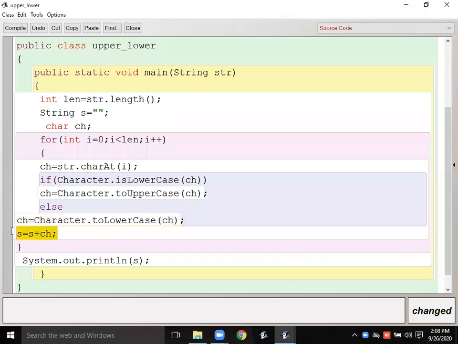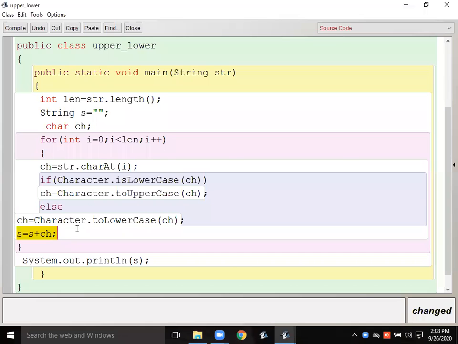And this line is important. This is what I'm taking, one extra string, blank string. In that string, I am concatenating all the characters. So now this is my new string. Okay, user is inputting in str and I am fetching the letter of the str and then checking it and then converting. Okay, if it is a lower, so I'm converting into the upper.